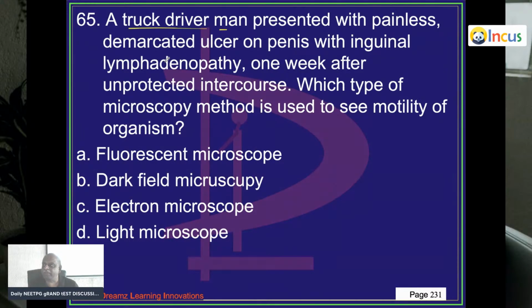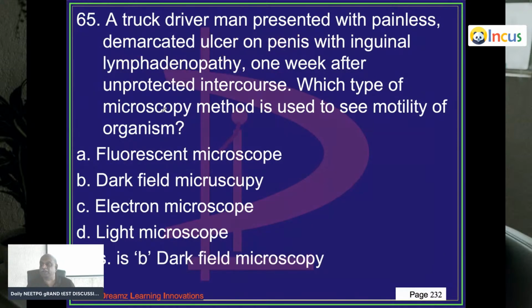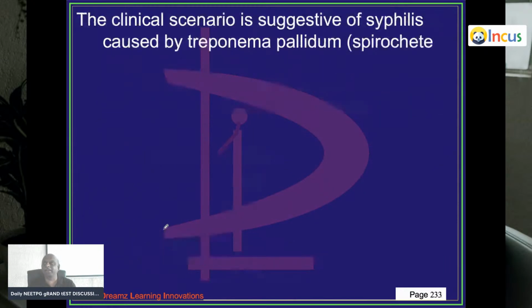A truck driver man with painless demarcated ulcer on the penis with inguinal lymphadenopathy. So, which type of microscopy is used to see the motility? Dark field microscopy. So, once more, doctor, what are the panchabhut